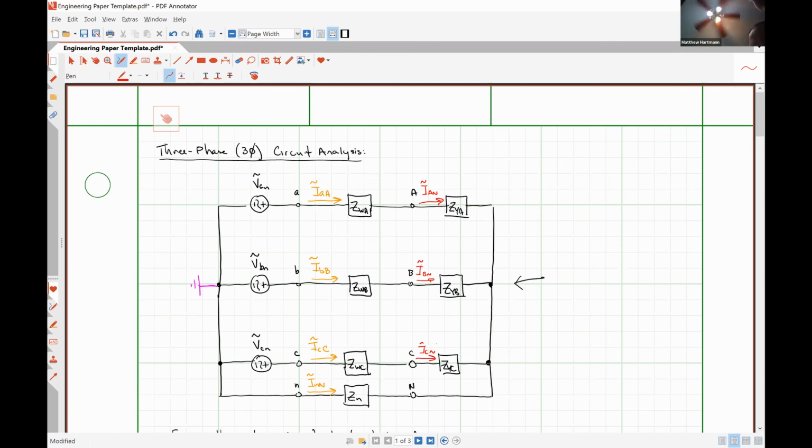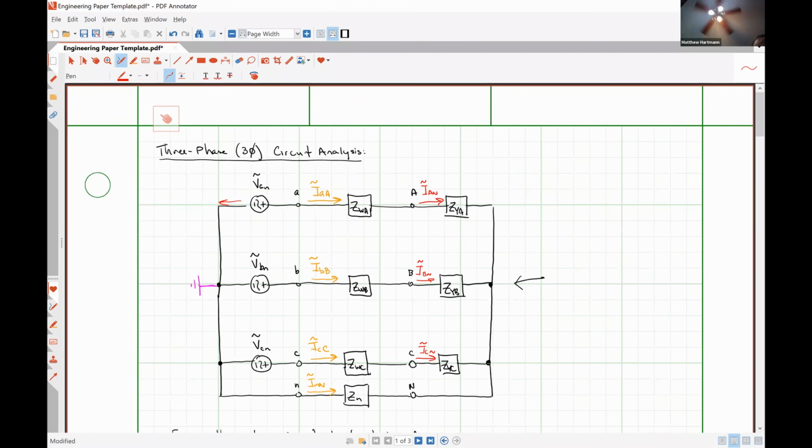And so we can see that since we've proven that our line currents are balanced, meaning they have the same magnitudes and 120 degrees phase separation, our phase currents at our load are also balanced as a consequence of the line current balancing, right? Because if everything is in series, then if this is balanced, this must also be balanced. We can do the same thing for our